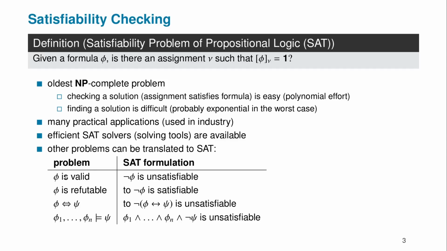We can check if a formula is valid by negating the formula and seeing if the negation of the formula is unsatisfiable. We can check if a formula phi is refutable by negating it and checking if not phi is satisfiable. Because if phi is refutable, it has a counter model, and this counter model is a model to not phi. Then if we want to check if two formulas are equivalent, so if they have the same truth value under each assignment, then we can translate this to not (phi is equivalent to psi) and see if this formula is